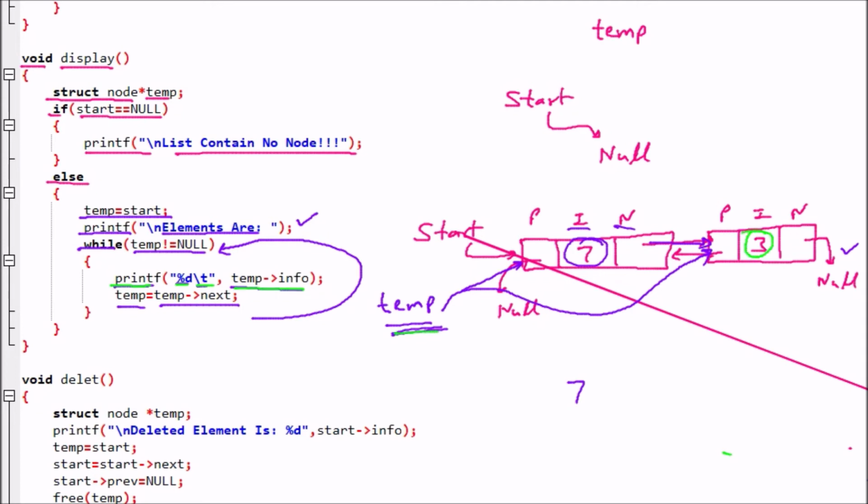So this one, info 3, is displayed on a tab space. Then afterward temp is equal to temp next, so temp next is pointing to null, so temp is now pointing to null. It will go back and check the condition, temp is already null, it will come out. So two nodes are displayed. If we are having two nodes in the linked list, two nodes are successfully displayed, 7 and 3.